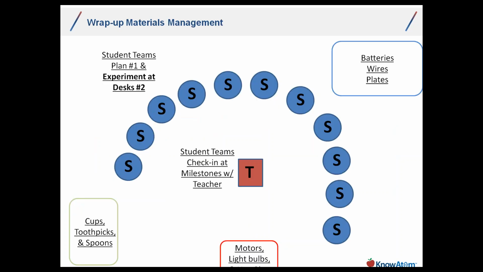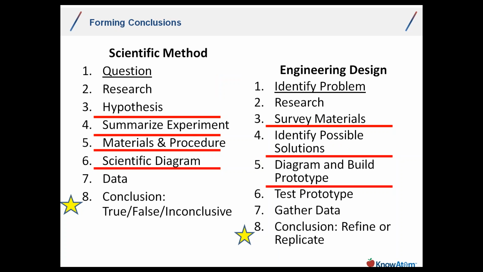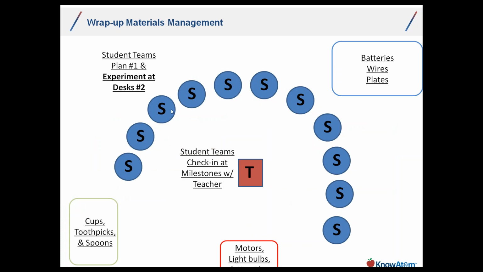If you remember, we had talked about that classroom environment as being best managed where students are planning their investigations at their seats, checking in with the teacher in the center, and then as they meet the different milestones, they are ready to carry out their plan at stage 7, or stage 5, stage 6 in engineering. And then that plan gets carried out by either building the prototype and testing and gathering the data, or bringing the experimental materials together, carrying out the experiment and gathering the data at